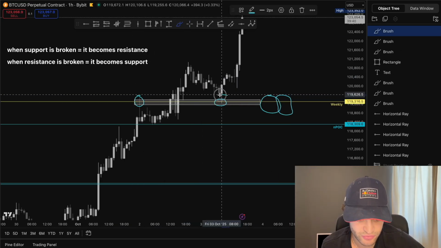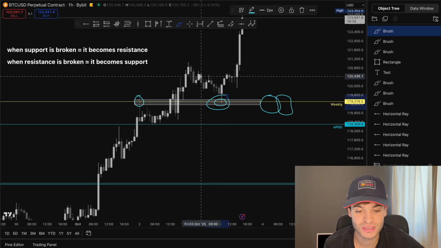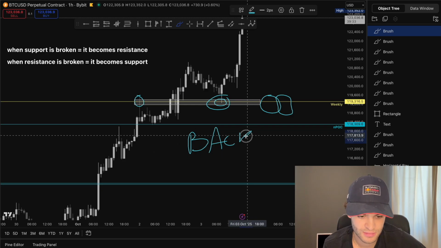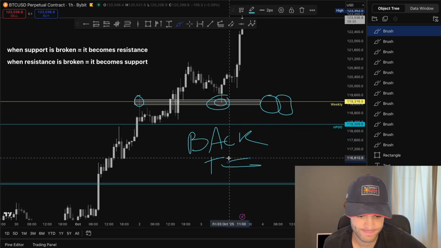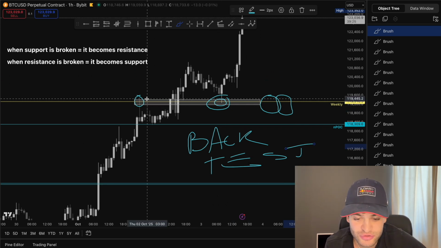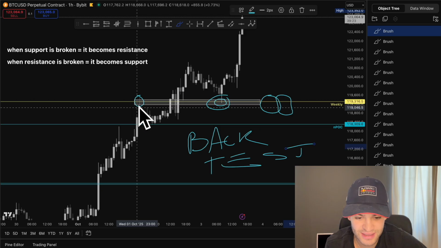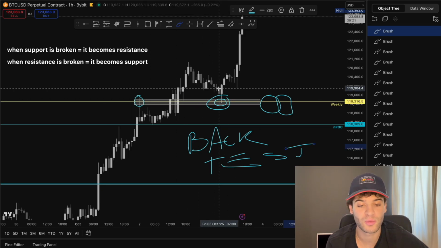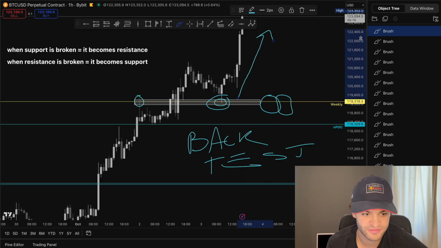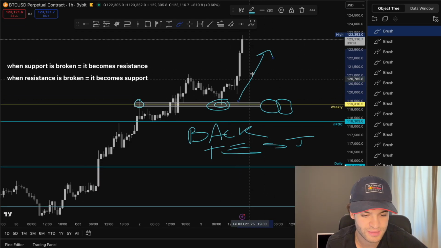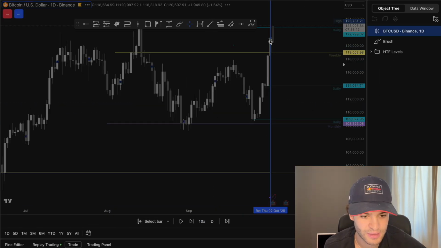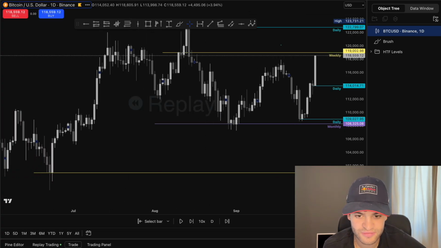These back tests right here of the levels are called back test, don't forget, back test. They are typically what you want to see in order to confirm that the resistance level has now been flipped into support. And what happens when you get this? Typically, you get the continuation to the upside. And in fact, look at this, look at Bitcoin completely pumping from the back test of this weekly level. So if this does not happen, let me go back in time. If, for example,